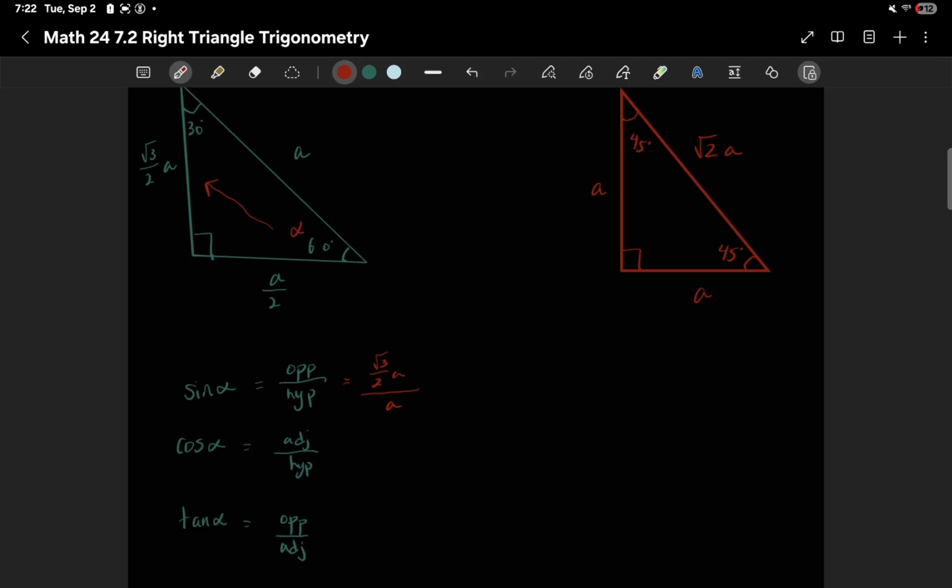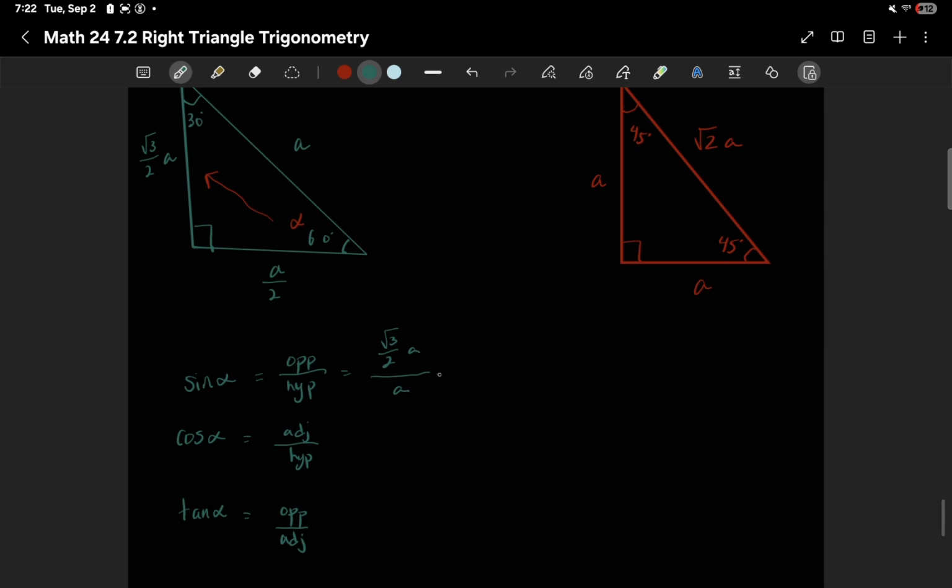I'm going to redo that and change the color so it's less confusing. Okay, and so you'll notice we have an a on top and an a on bottom. So that's actually going to cancel, and we're going to get square root of 3 over 2. And then the adjacent is the side adjacent to alpha. If we let the 60 degree be alpha, our adjacent side is a over 2, and our hypotenuse is a. And so we have an a on top and an a on bottom, so the a's will cancel, leaving us with just